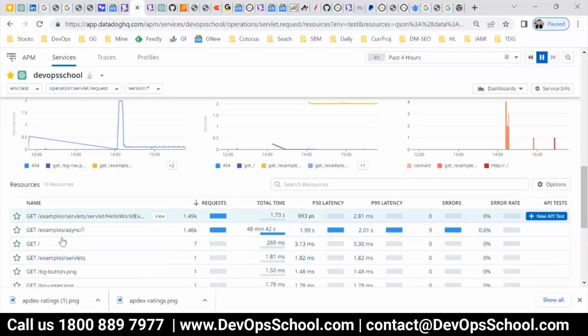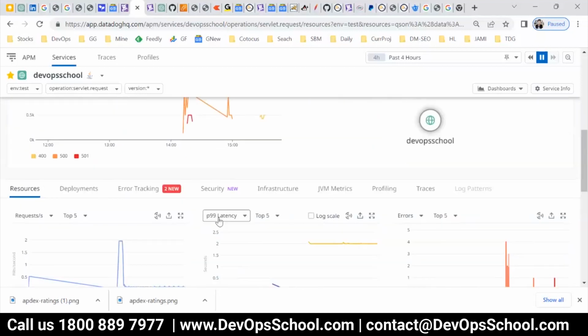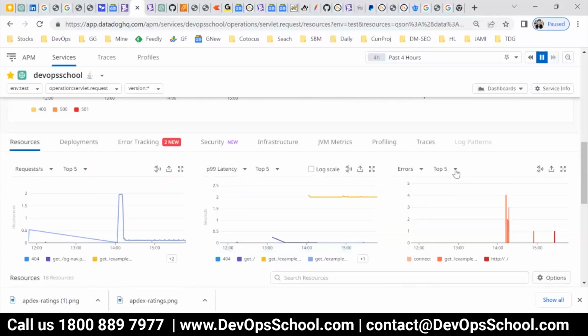So you want to select the top 5, what is the latency for that, so you can check it out here. Here again for the top 5 resources, what are the error rates we have. This is the way. So these graphs are pre-populated, you don't have to design. It basically gives you a complete idea about what exactly we are doing and stuff like that.